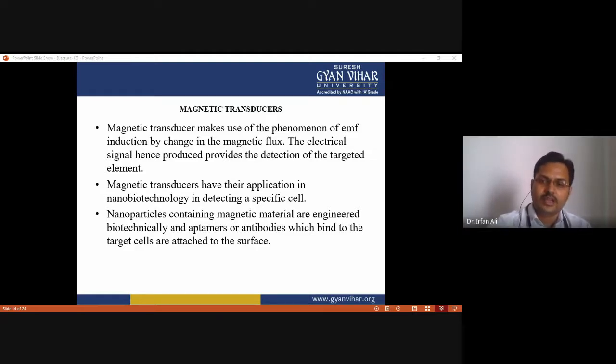That's why the giant magnetoresistance. So this giant magnetoresistance is a phenomenon that is seen in structures with alternating ferromagnetic and non-magnetic materials that leads to a change in the resistance if the magnetization in the alternating ferromagnetic layers is parallel in one or anti-parallel in the other. That's why it is a highly sensitive method for detecting magnetic change and is also used in the fabrication of the transducer.